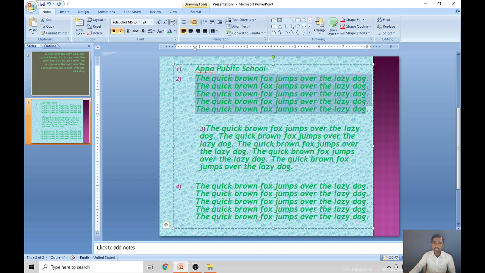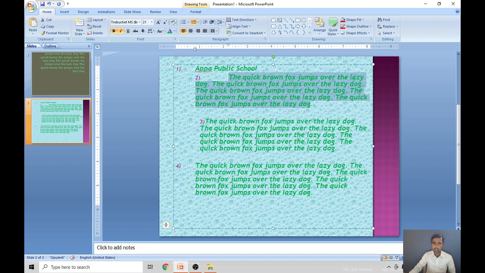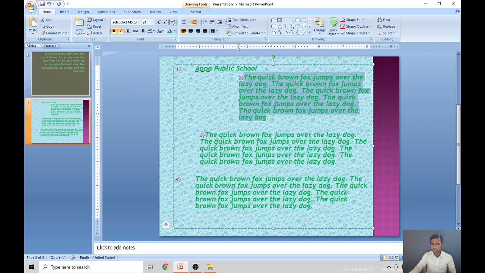Now I want this first letter here in the center, which means I have to move this one. When I move that, see, it is moving. In this way you can apply an indenting effect to a single line also. If you want all 3 or 4 lines to move that side, select this indent, then move it here, and that will apply, right?